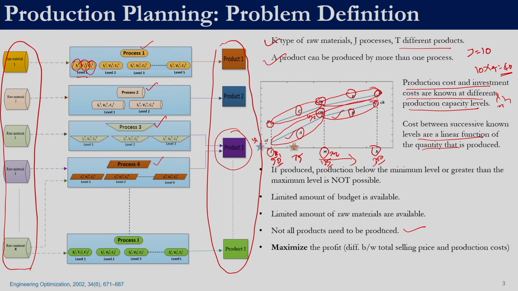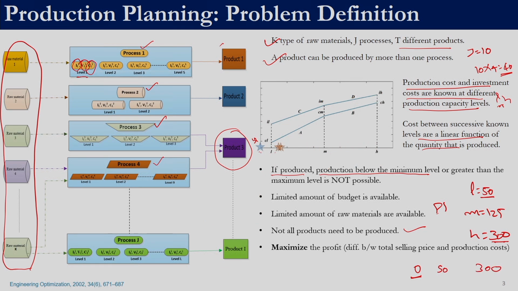products which are profitable. So, here the constraint is that if a product is produced, the production cannot be below the minimum level. The minimum level in this figure is L. Let us say L is 50, M is 125 and H is 300, and this is for process 1. If we decide to produce from P1, we can choose not to produce anything from P1, 0 is allowed, but if it is greater than 0, then it has to be definitely greater than 50 and less than 300. Here, in this figure, we do not have a procedure to calculate the production which is greater than 0 but less than L.